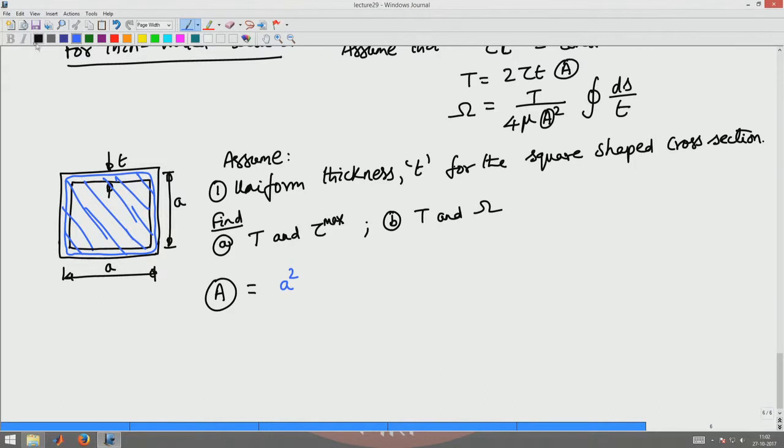Then my torque is related as 2 times tau T A square. Now, thickness is the same in the cross section. So, tau max, or the uniform shear stress in the cross section, would be T by 2 T A square,